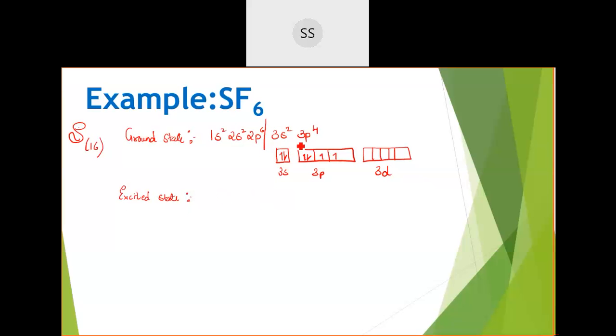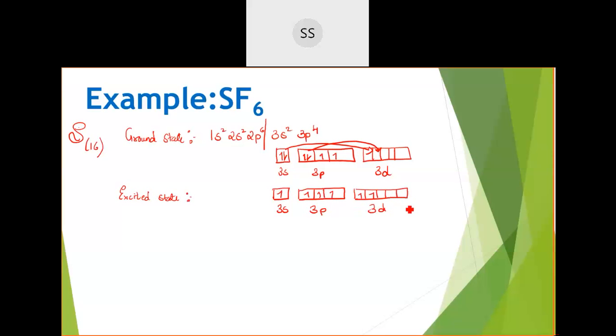Okay, excited state: when I write, I should not take this part. I need to write only the 3s and the 3p part, and 2 electrons I need to excite. Correct? No, 1 from 3s. Very good. Correct. 1 from 3s and then 1 from the 3p orbital to the 3d orbital. So I'll write here 1 electron in 3s, and then 3 electrons will remain in the 3p. A single electron will remain in the 3p, and then we will have 3d, with 2 electrons. So done. We have shifted now to the 3d orbital.